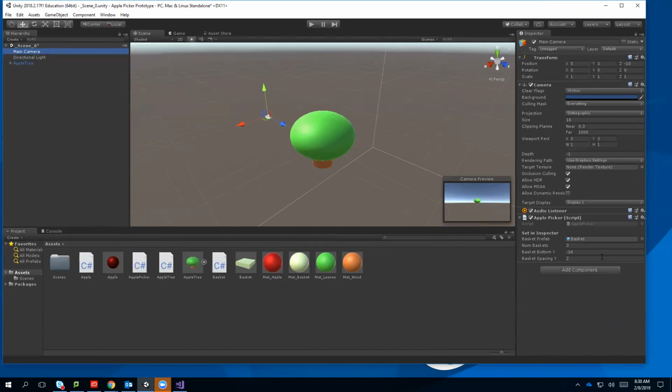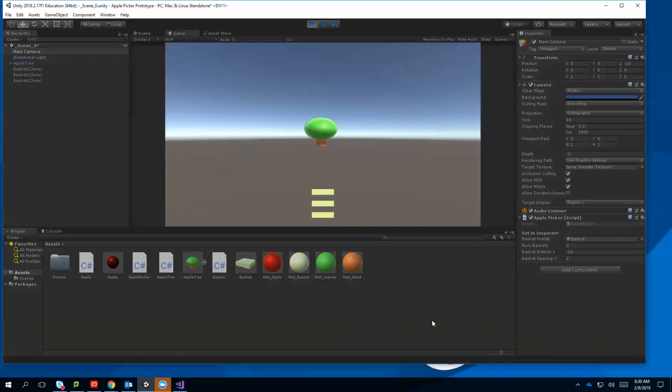Now my basket prefab is properly set. I run again. Now my basket is showing up. So that's what they mean by that basket prefab. Now, if I look at everything so far,